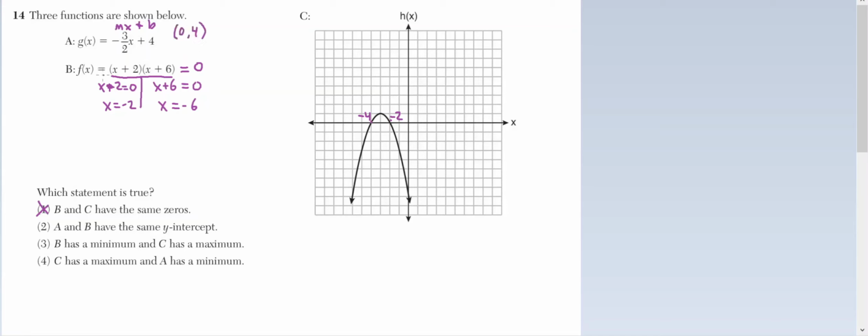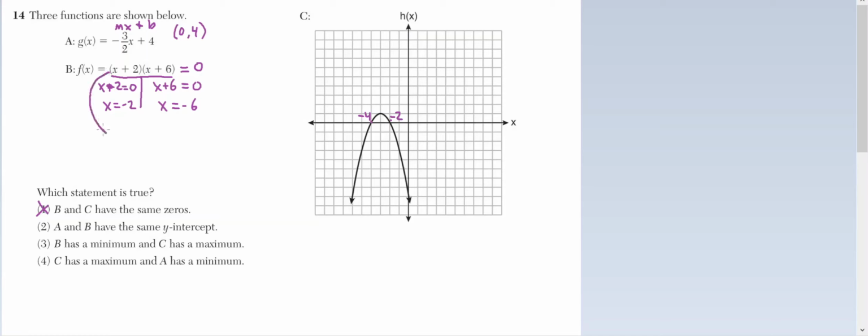But it doesn't really make sense to give a y-intercept to a parabola as directly, so we'll leave that possible for now. Choice 3: B has a minimum and C has a maximum. Well, C does have a maximum here, so that checks out. It also happens to be part of choice 4. B has a minimum. If we think about that,